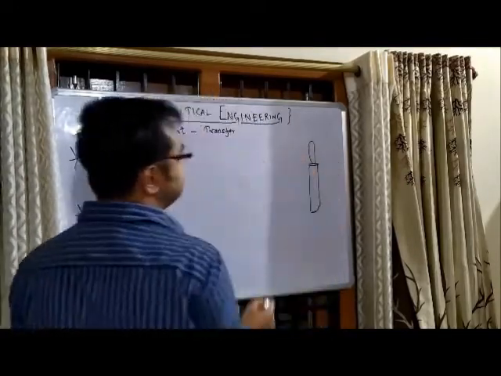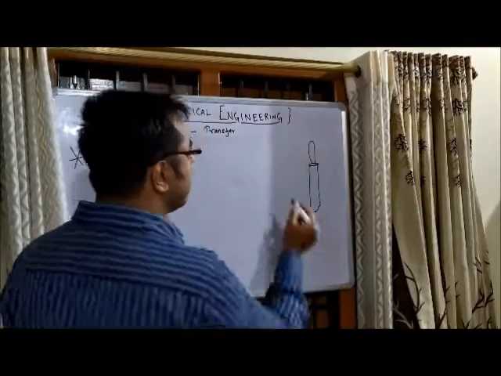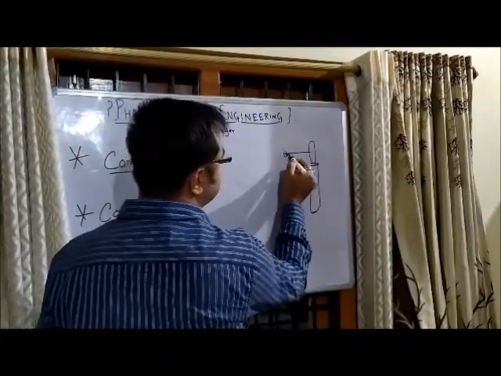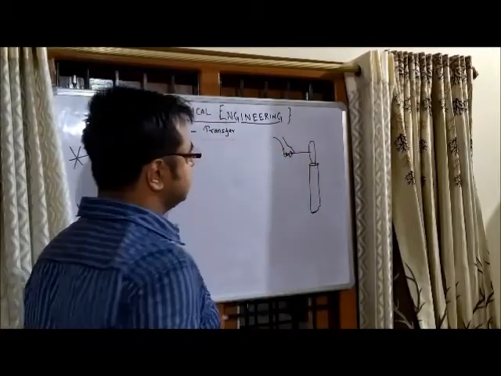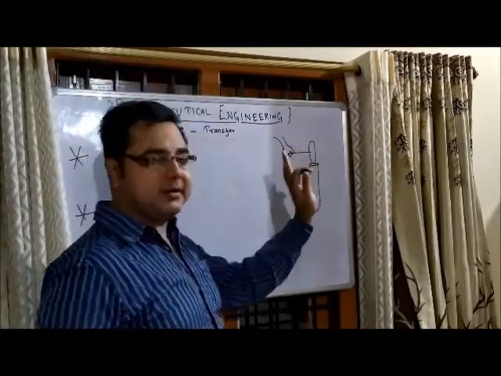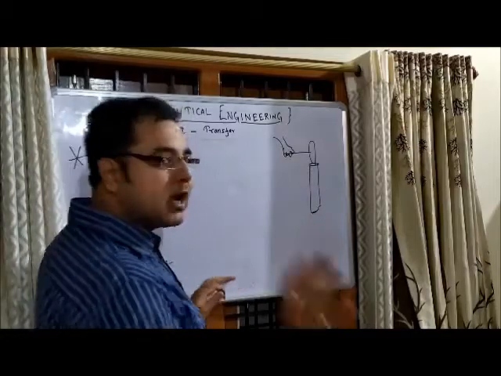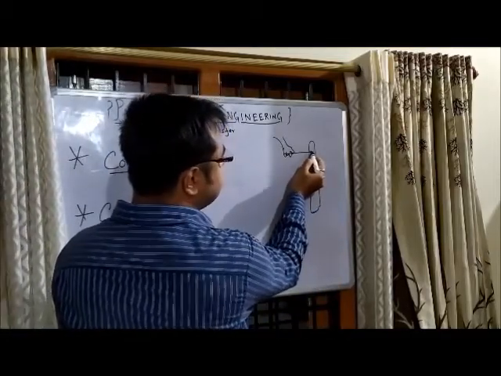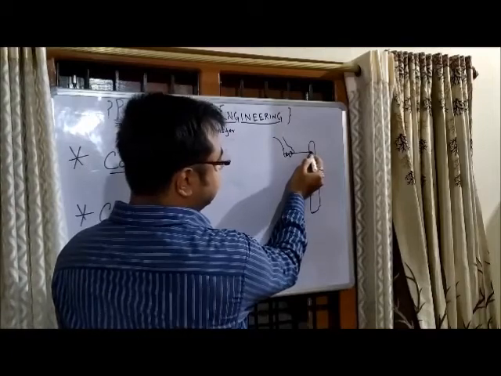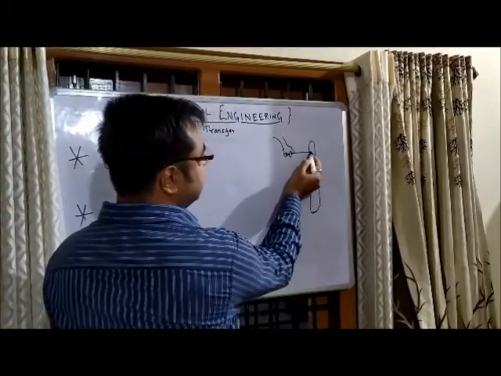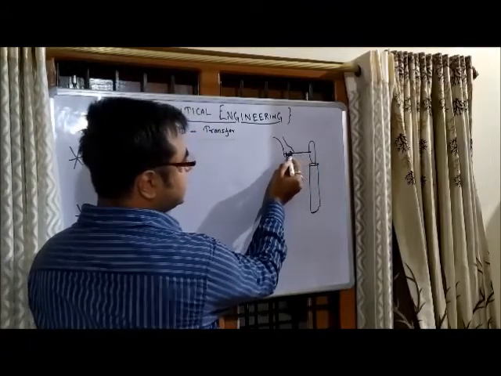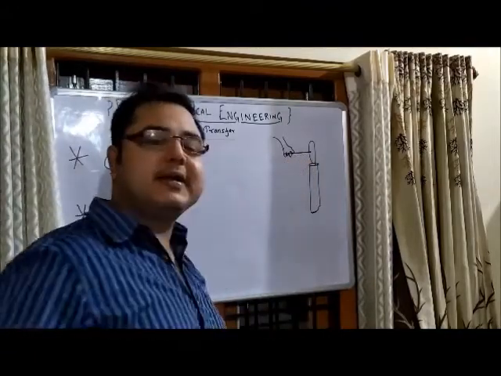Right, this is a candle. Now, suppose we hold a small rod, a small pin, with our hand. What we first see is that this part slowly starts to get red. Slowly the red heat will move along this line, and once it reaches our hand, we will feel the heat.